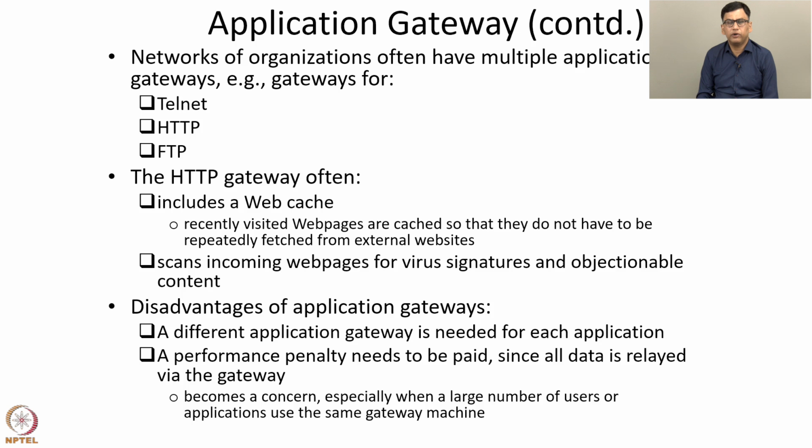Later on, we'll discuss another kind of device called an intrusion detection system, which also examines application data. We'll see later how intrusion detection systems overcome these limitations of application gateways. So in summary, there are three types of firewalls, and in this lecture we discussed stateful packet filters and application gateways. This concludes our discussion of the three types of firewalls, namely traditional packet filters, stateful packet filters, and application gateways. In the next lecture, we'll discuss intrusion detection systems. Thank you.